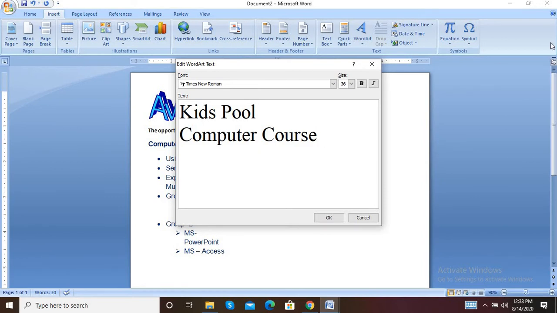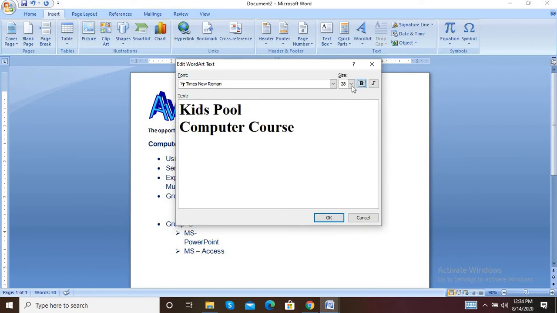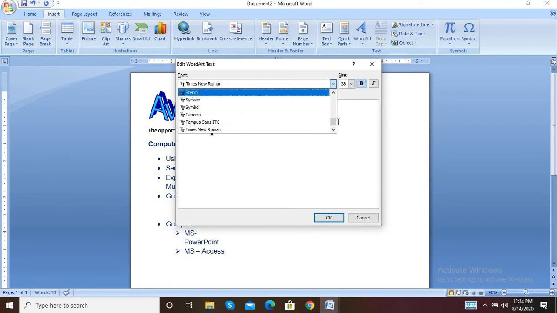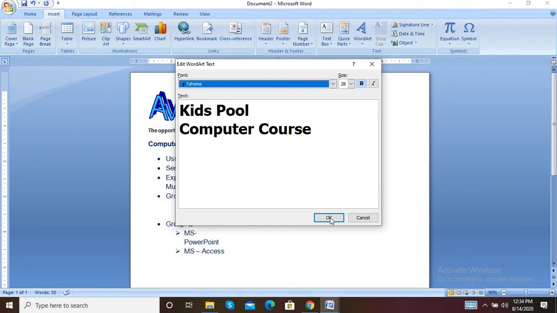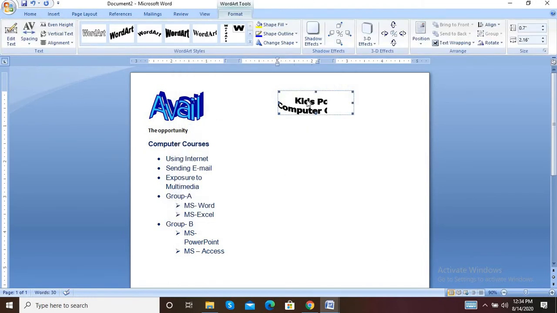Okay, and for that you have to give the same, change its font size to 28, apply bold and Tahoma, click on OK.